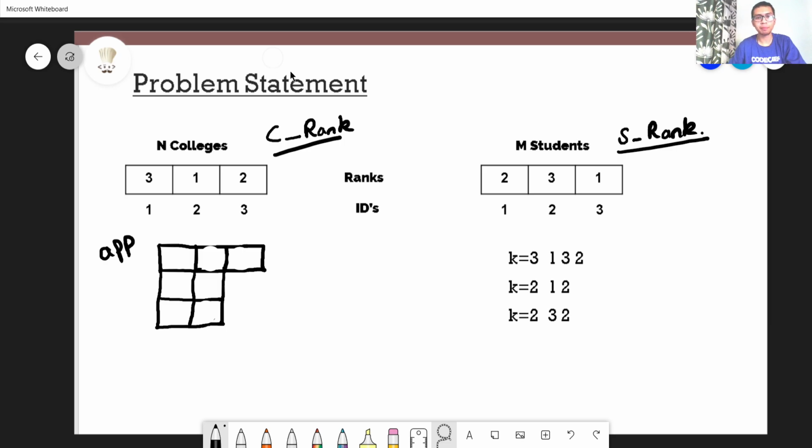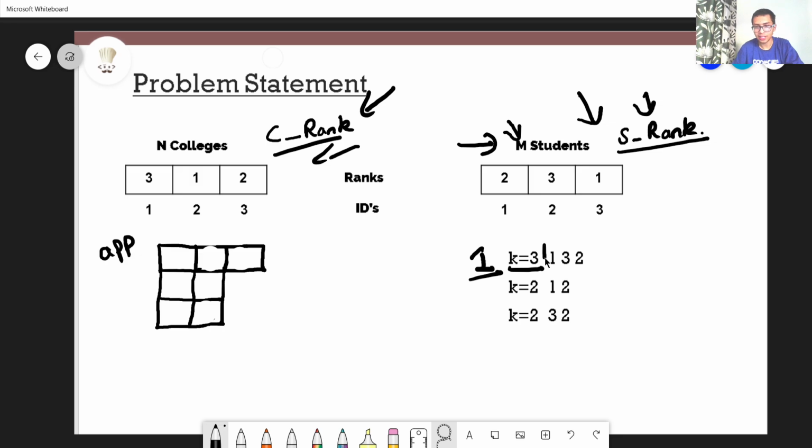Moving on to the approach, firstly I'll create the college rank and the student rank arrays, and then we will input them. After that, we need to store the list of colleges of each and every one of the M students in which he is going to apply. Now we know that the first student is going to apply in 3 different colleges, which have the college IDs